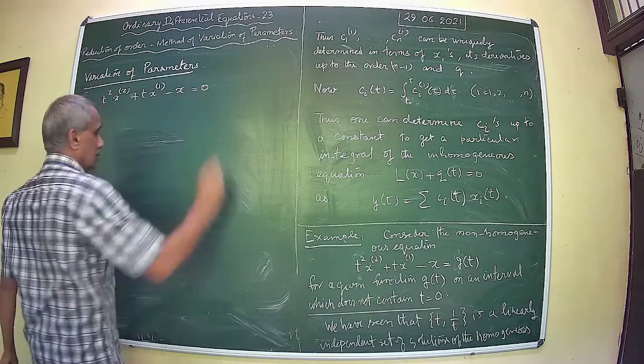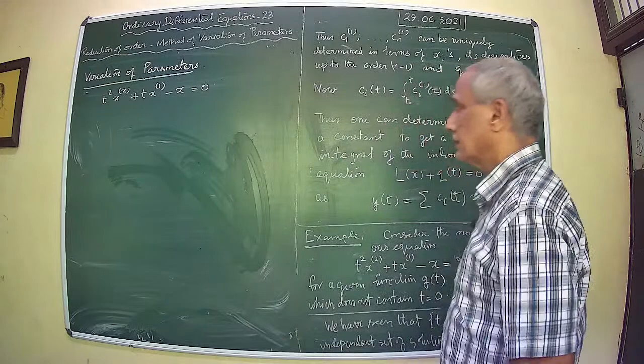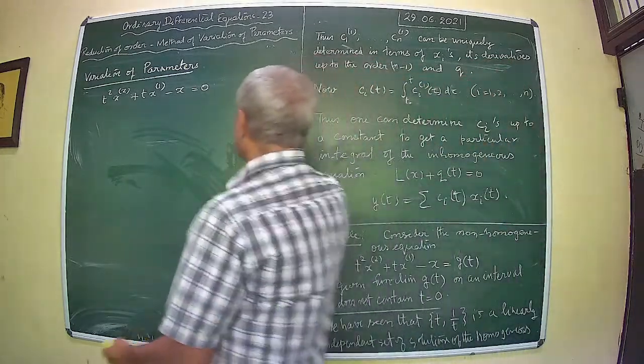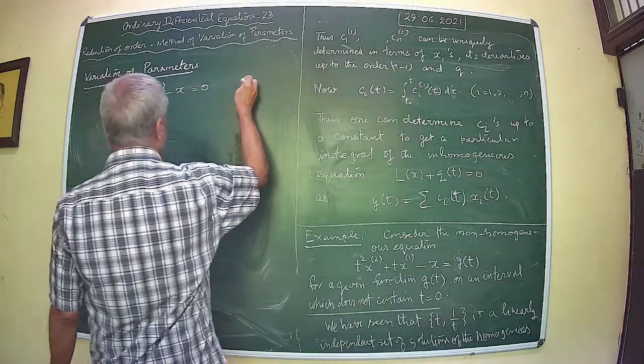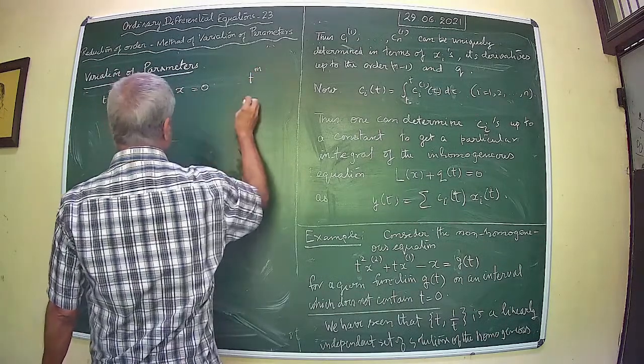Equal to 0. You can quickly make a check, because you can easily get that by looking at this. Assume a solution of the form t to the power m. Then what you get? You get